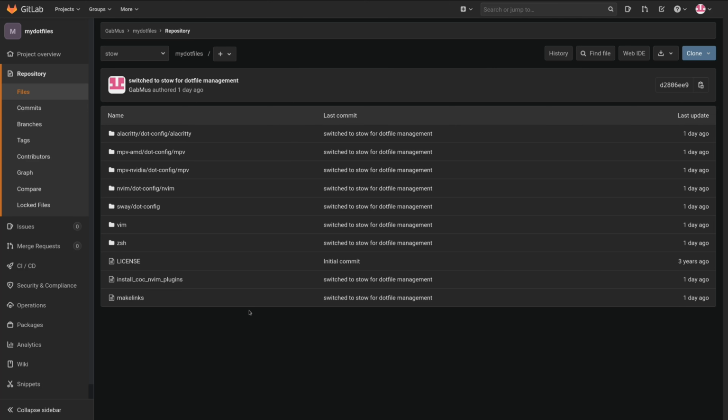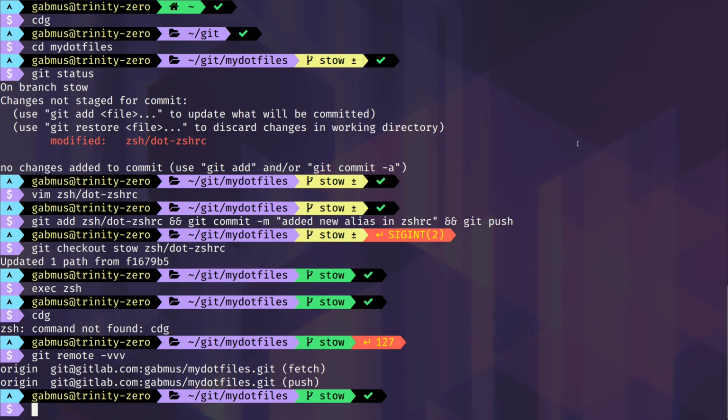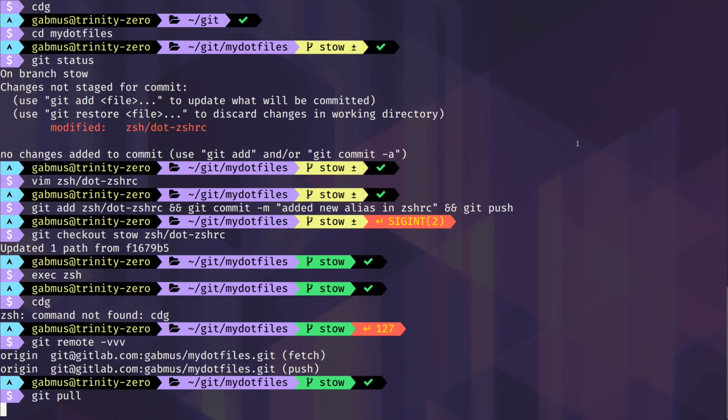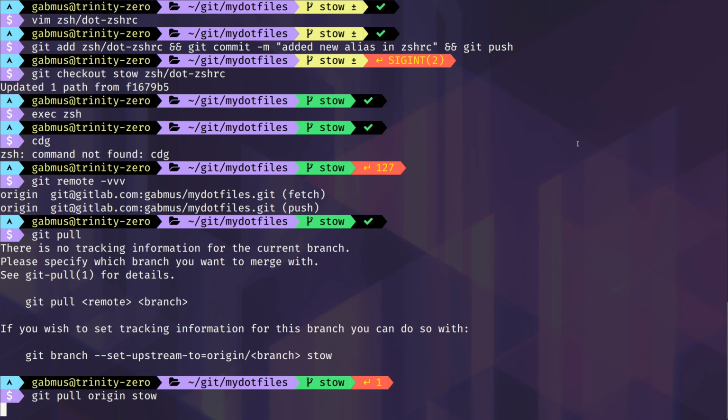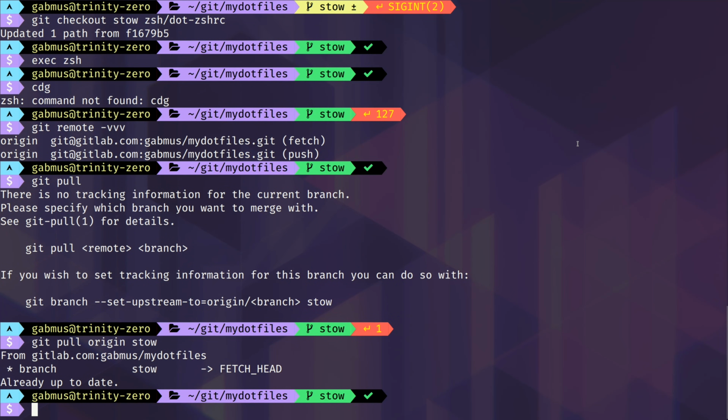So anyway, whenever I do a modification on one of my computers to my .files, what I do is I just go ahead, open my terminal, navigate to my .files, and just run git pull. And what that does is it just pulls the latest changes. Of course, there's nothing to pull here, and I actually don't have an upstream set for the stau repo locally, so I just have to git pull origin stau in this case, and of course it's already up to date. Whenever I get back to my laptop, I can just run git pull and have all of my changes synchronized